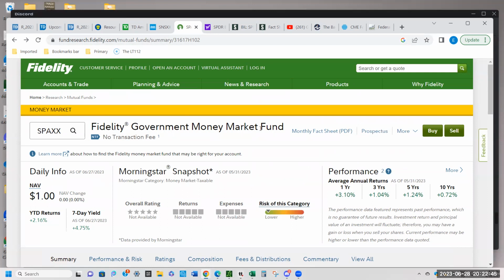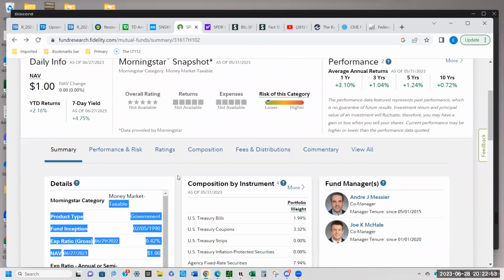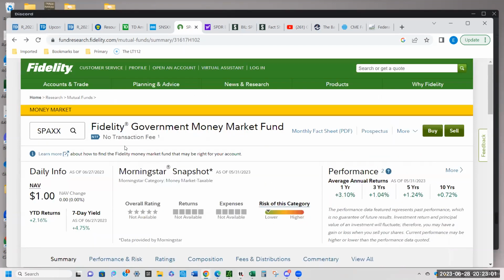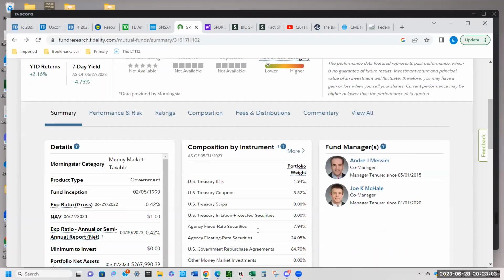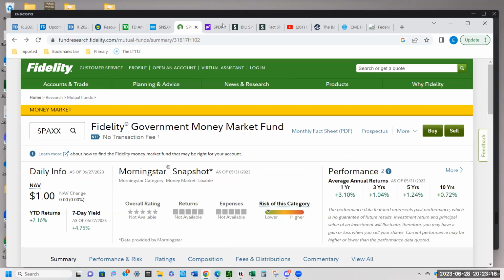So the safety of this money market fund actually comes from what it's holding underneath the hood, so to speak. It's very, very safe. It's not as safe as the Treasury bill directly, because the Treasury bill directly is the government's obligation. This is not the government's obligation. This is Fidelity's obligation, and it holds government securities in this. And these are all segregated things. They don't just take all this money and plop it into their general account. They segregate the money out. So this requirement is to do that. Okay, I'm going to back out of that rabbit hole